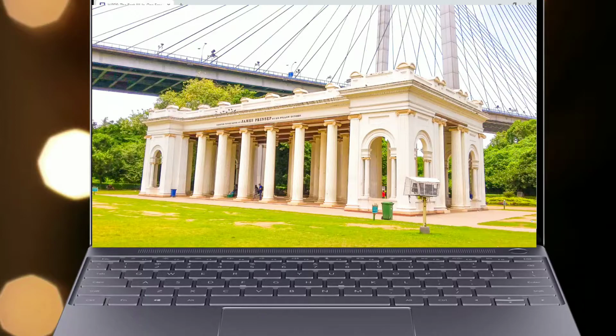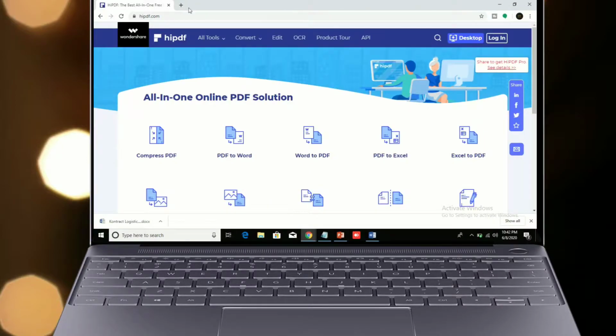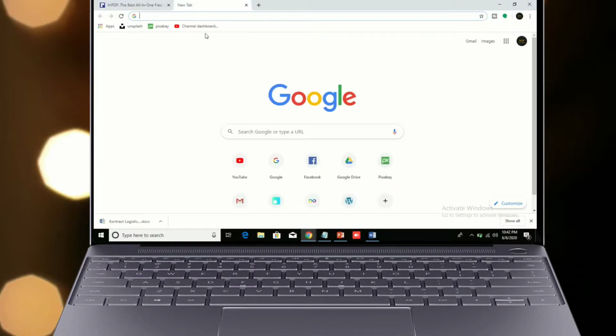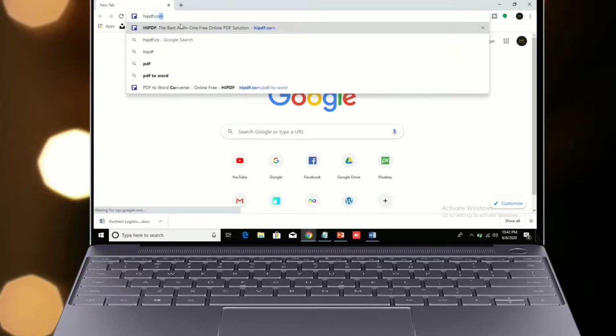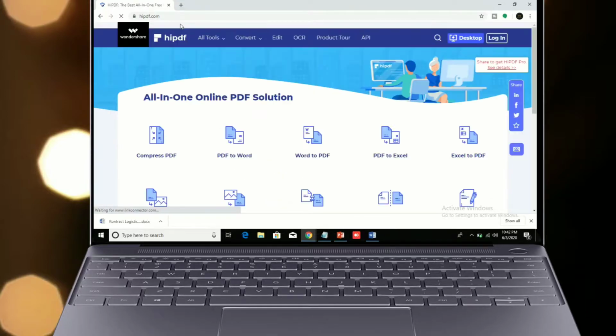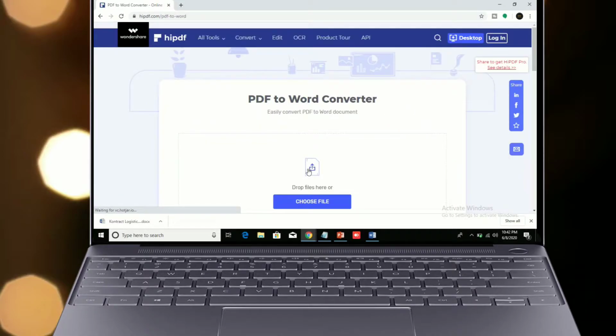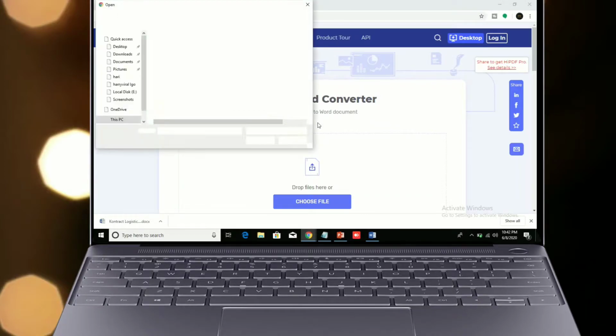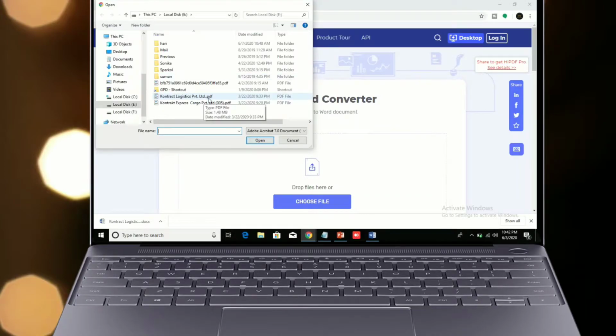Now let's get started. So the first method is, you can see here, I will type here hipdf.com. You can click here, and then you can see here PDF to Word. So just click here and just drag or choose file. I will choose file from here, and I will choose this is my